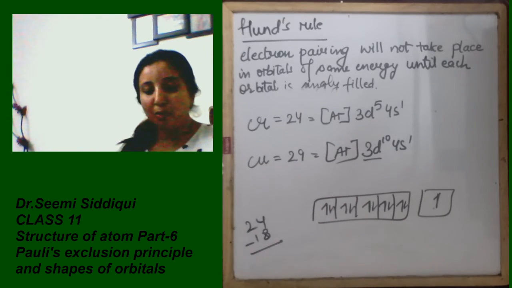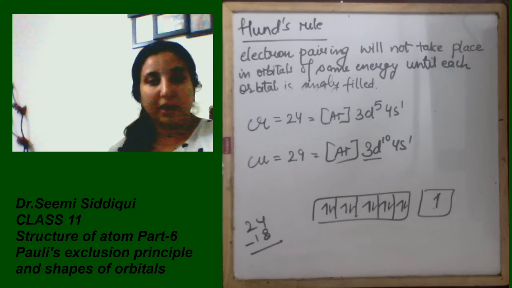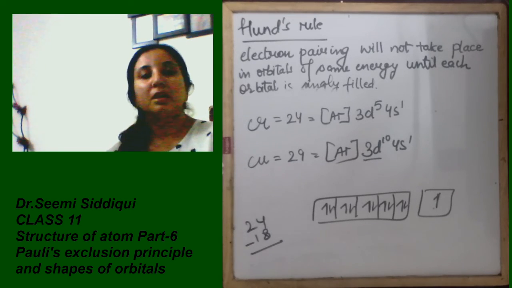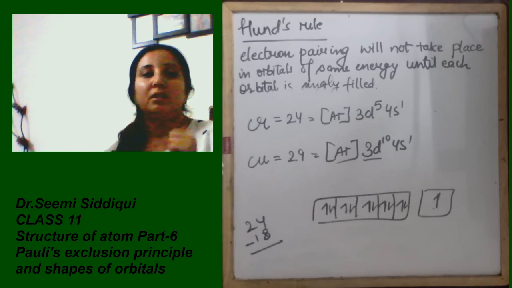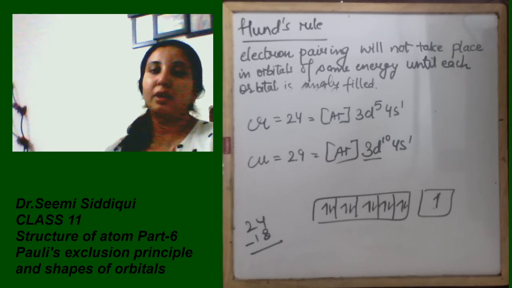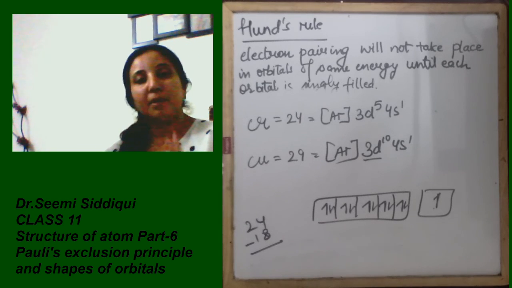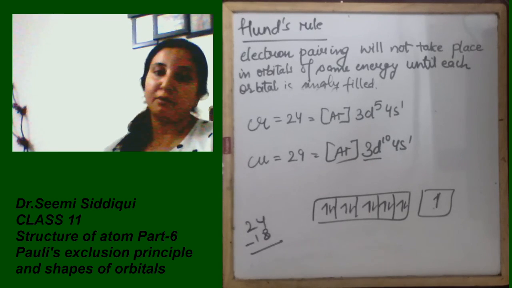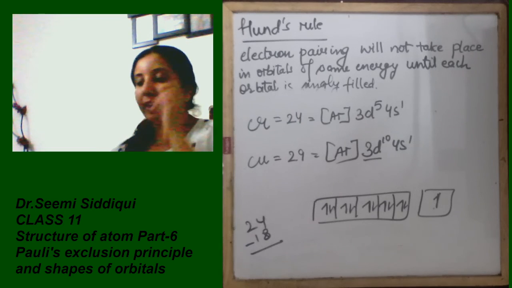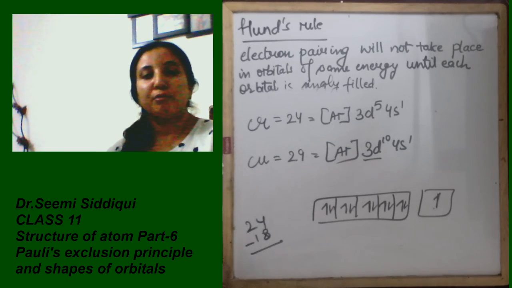Now what is your work, just watch the video again, maintain the notes. In case of doubt, do ask me on my WhatsApp number. And the very first thing you people need to do is what, writing the electronic configuration. आप अपनी कॉपी बंद कर लेना, first हाइड्रोजन से लेके जिंक तक, first से लेके 30 तक atomic number, that is your hydrogen to zinc. कॉपी बंद करके electronic configuration लिखने की do the practice. Meantime I will upload a few videos of your questions related to this. Good day all of you.